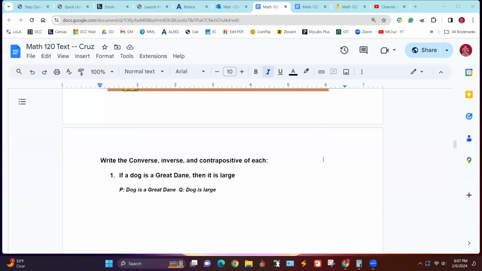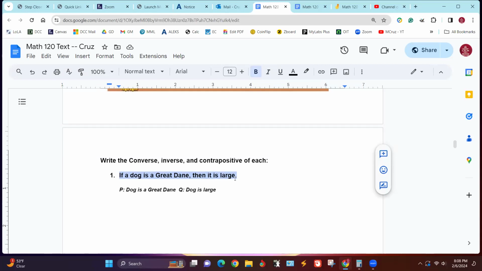All right, so let's say we start out with this conditional statement. If a dog is a Great Dane, then it is large. All right.